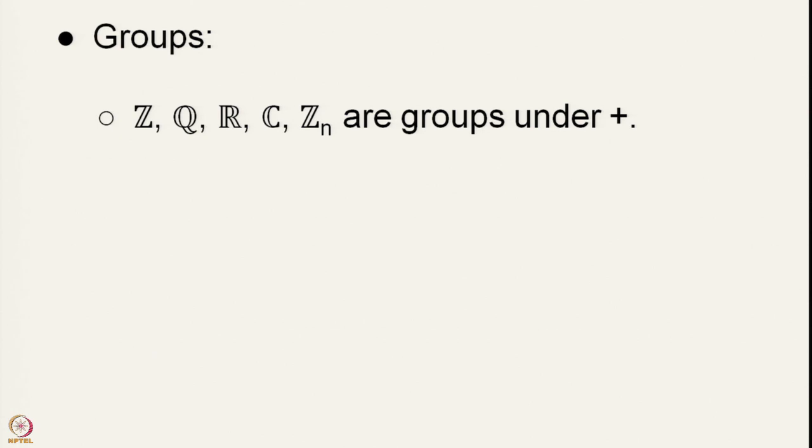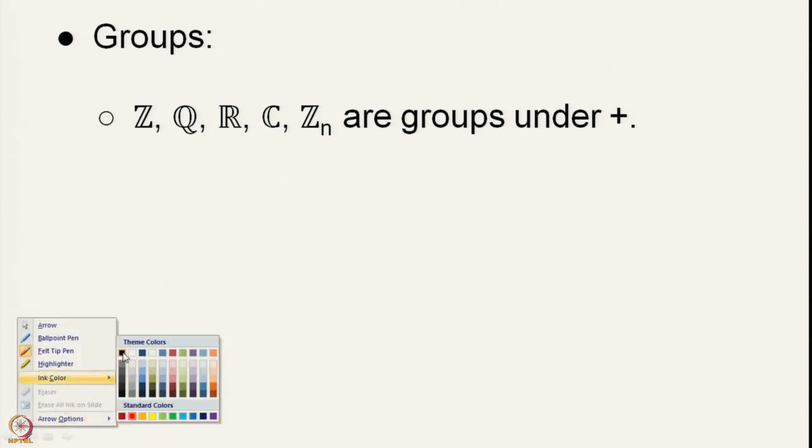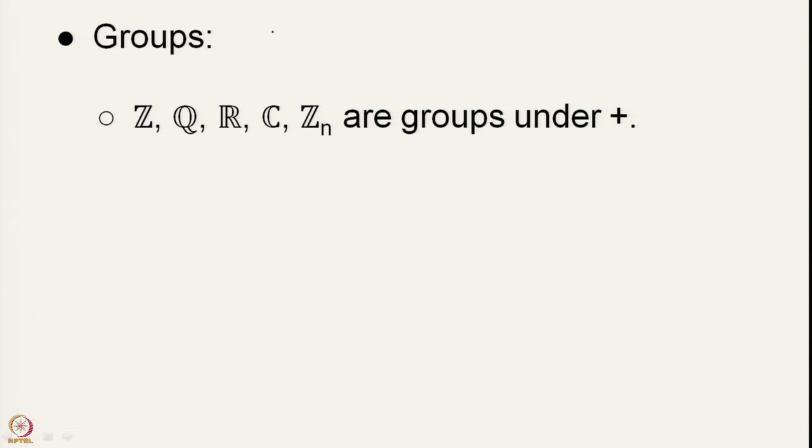In the last lecture we saw the structure of groups. Here we will see some examples. So, these are some of the examples. We have the integers, the set of all integers. So, remember this denotes the set of all integers -1, 0, 1, 2 and so on. So, these are the integers,